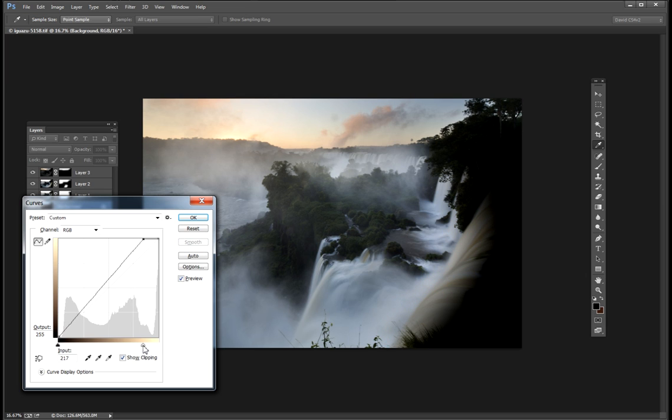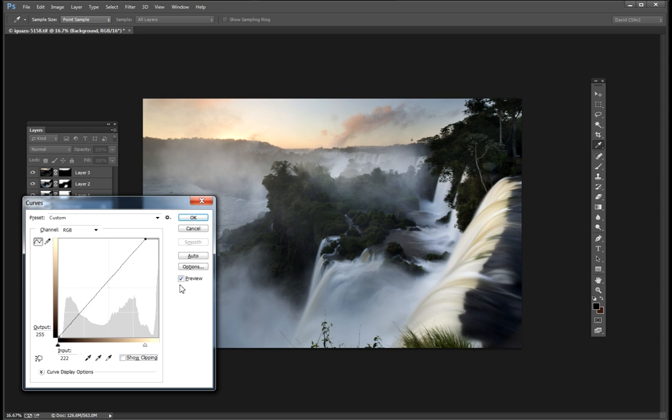And basically by moving the white point to the right, by holding down Alt, ticking the box called Show Clipping, holding down Alt and moving the white point across, I can see clipping starts to appear in the water round about there. Now I can move that white point into that point without losing any information,